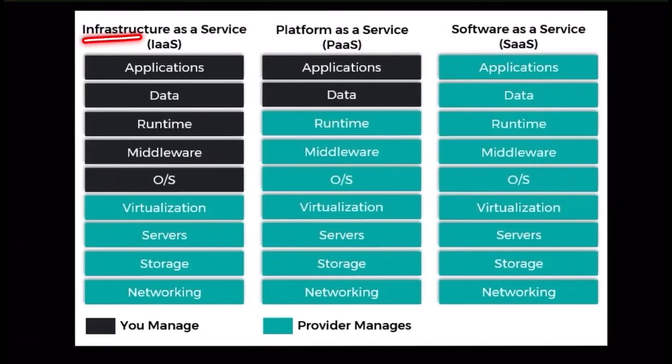So this is the difference between infrastructure as a service, platform as a service, and software as a service. Here you can see what the provider manages and what you manage. Provider means cloud provider. You means we. The four things the cloud provider manages are networking, all kinds of servers which they have physically in their data center, all connected, the storage attached to those servers, then servers, then virtualization.